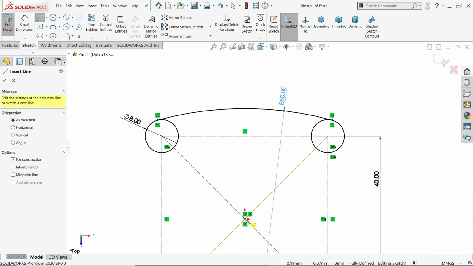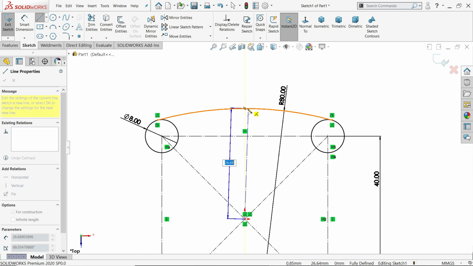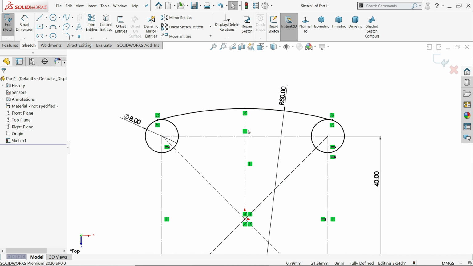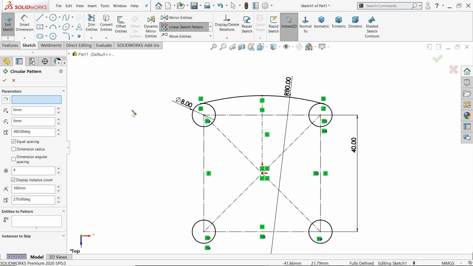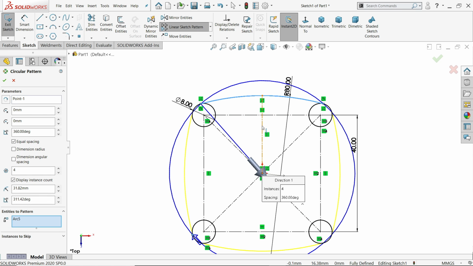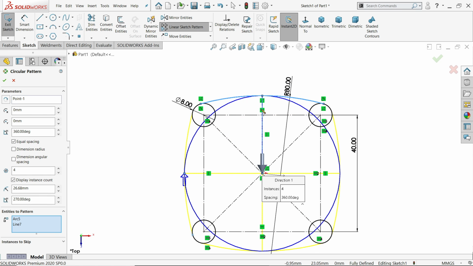Center line, make one center line. Why are we going to use this center line? Because if we use circular sketch patterns, our geometry will be fully defined. So always try to use construction line. Now here you have to choose pattern entities actually.